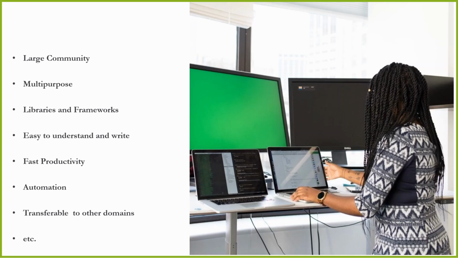Another reason for fast productivity is that it's an easy language to pick up and easy to write. If you write in C++ versus Python, it will be easier to generate a prototype faster in Python. That's why companies like Tesla, even though they use C++ mostly, do most of their prototypes in Python. After seeing how it works, they translate it to C++ for speed, because they focus on embedded systems. But for GIS folks, Python is usually enough in most companies. Then definitely, it's transferable to other domains.